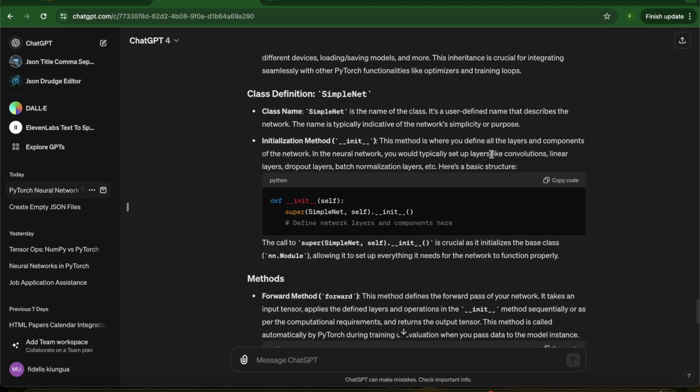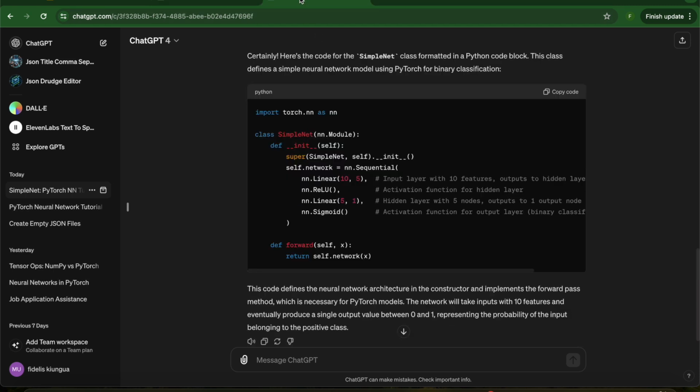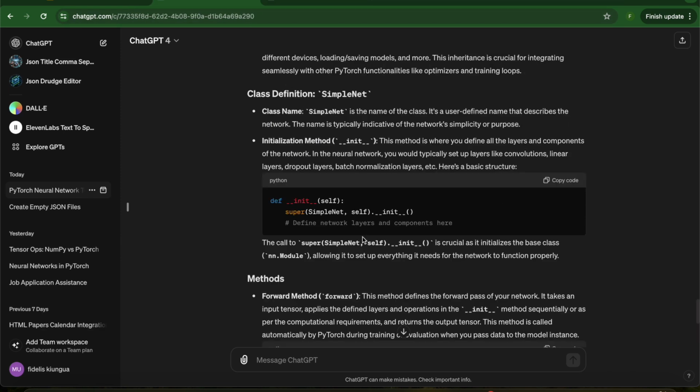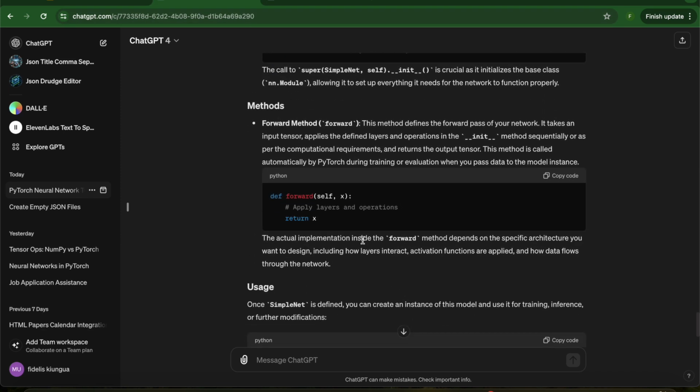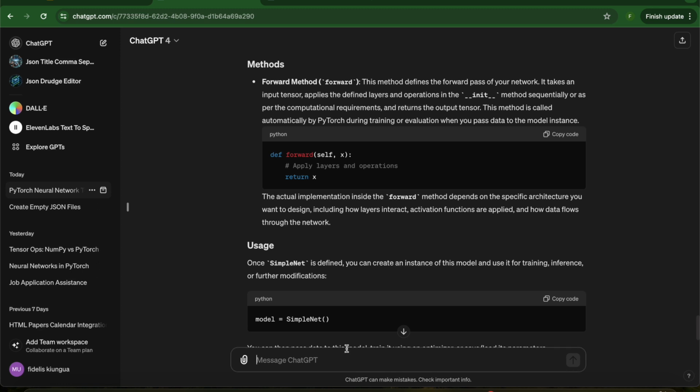You typically set up the layers. So that's where you typically set up the layers in the init, in this special method, def __init__(self). I still wanted ChatGPT to be a little bit more detailed on this init method, so I'll just go ahead and copy this